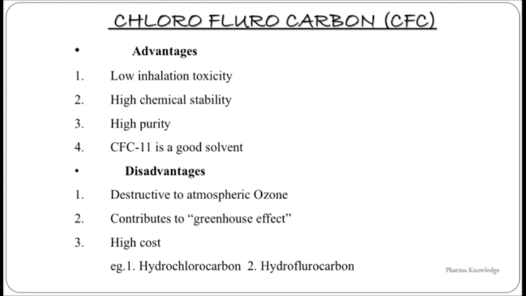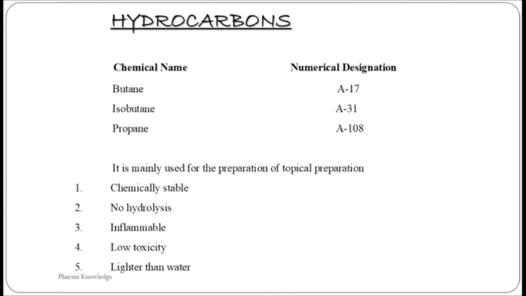So this metering valve is for dispensing of potent medicines, and in that, 50 to 150 plus 10% liquid can be dispensed at one time with the use of such valves. The next one is the actuator. This actuator is used for the delivery of drug in a proper and desired form.